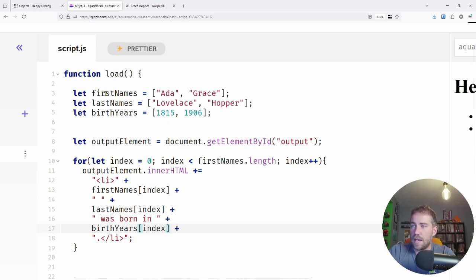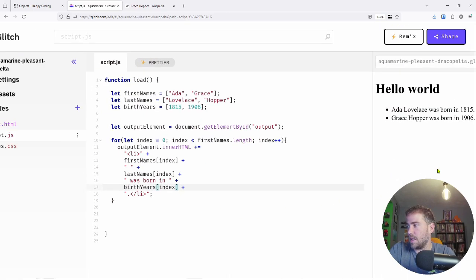So now my arrays each contain 2 elements, one for Ada Lovelace, one for Grace Hopper, and then my for loop loops over each element in all of those arrays and outputs their elements to the HTML, and I still see